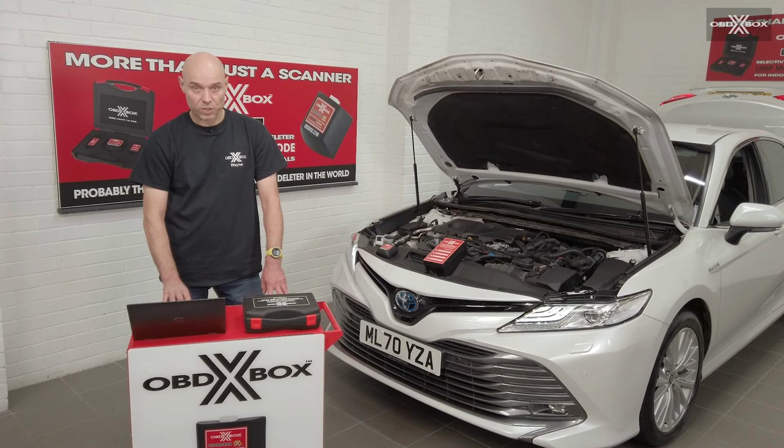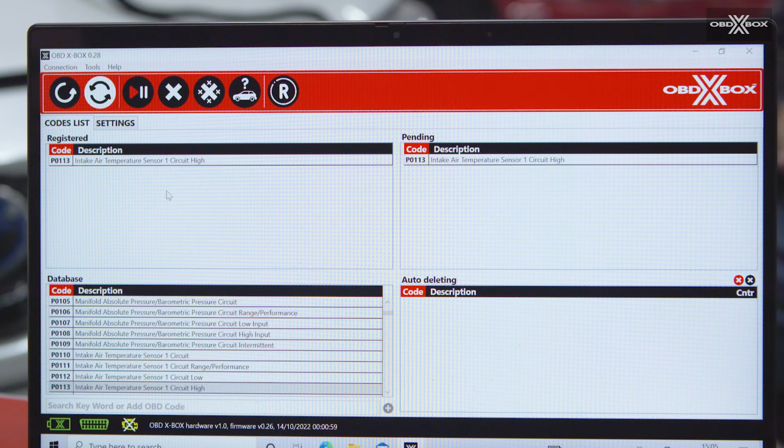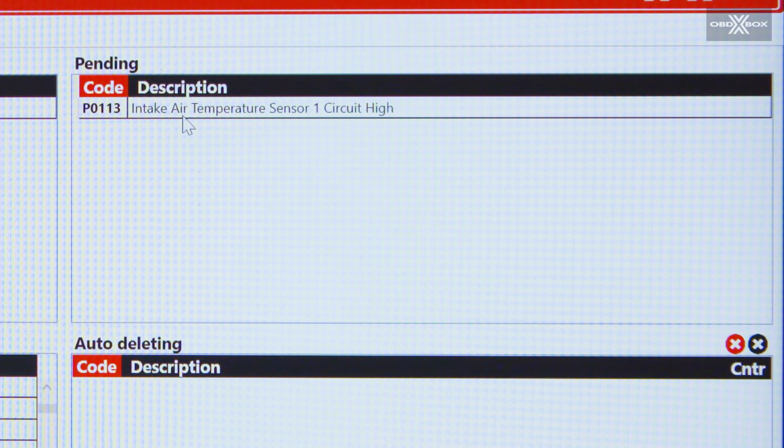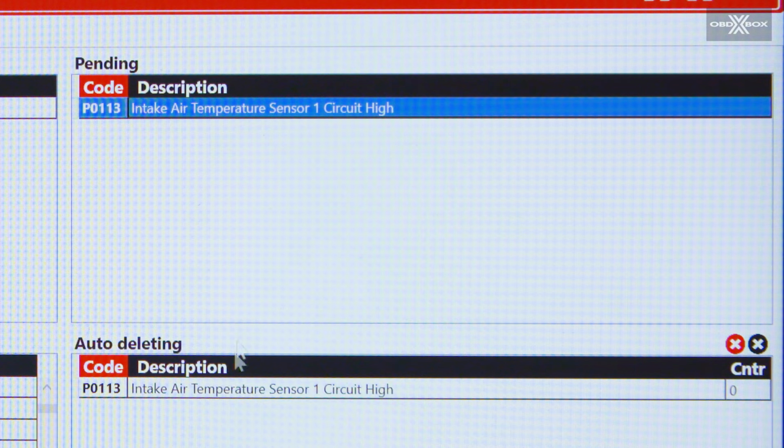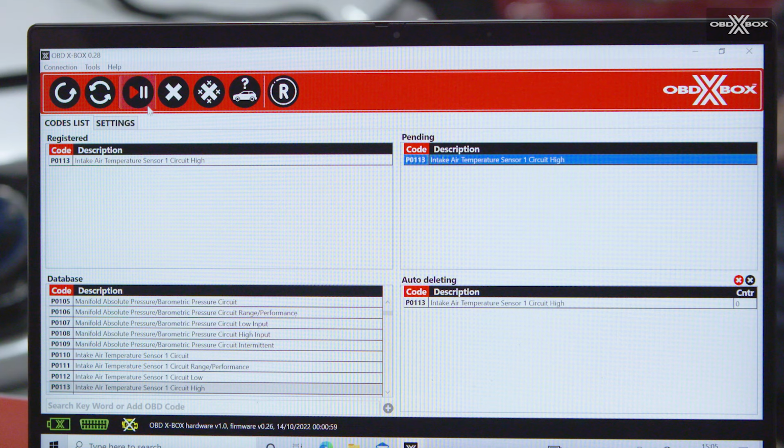Having dealt with the continuous codes refresh, we're now going to look at the play, pause, auto deleting button. So we set the automatic refresh, the continuous refresh button going. We've introduced a permanent fault to the vehicle. This has now been registered. If we double click on the fault code, it appears in the auto deleting list. If we then click on the auto delete function,